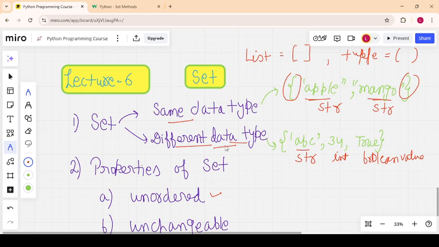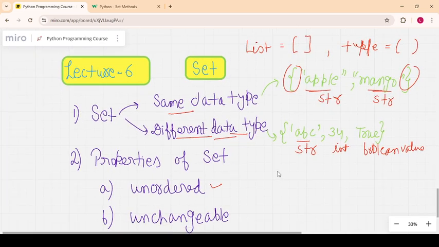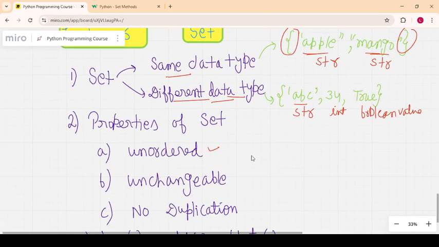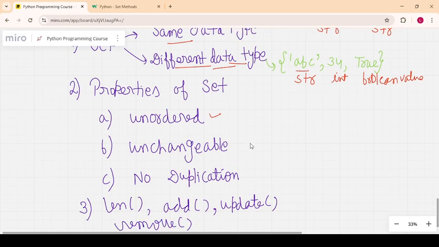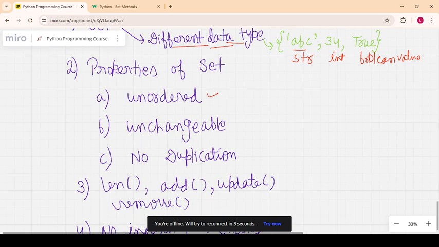When I execute the code, their order will change every time. And it is unchangeable. We cannot change the items in a set, but we can add and remove items in a set.